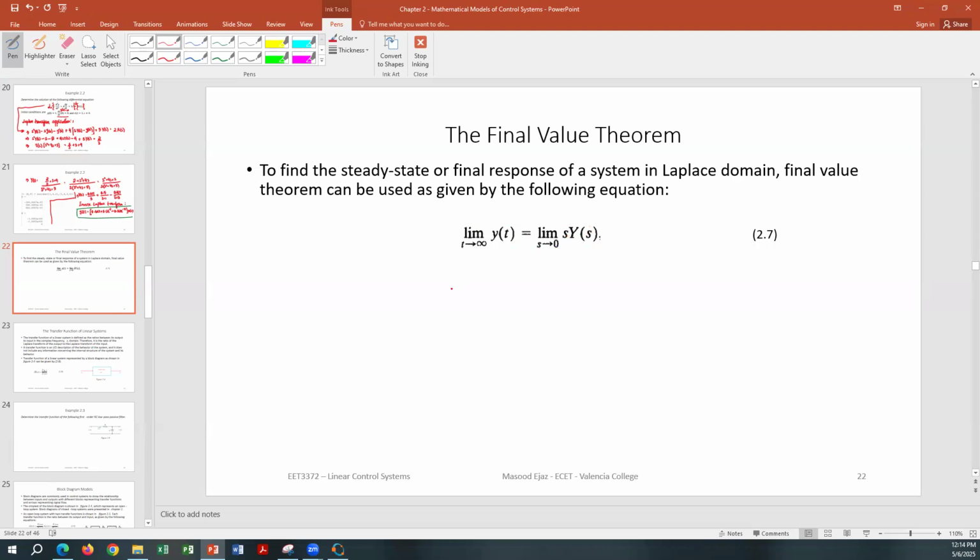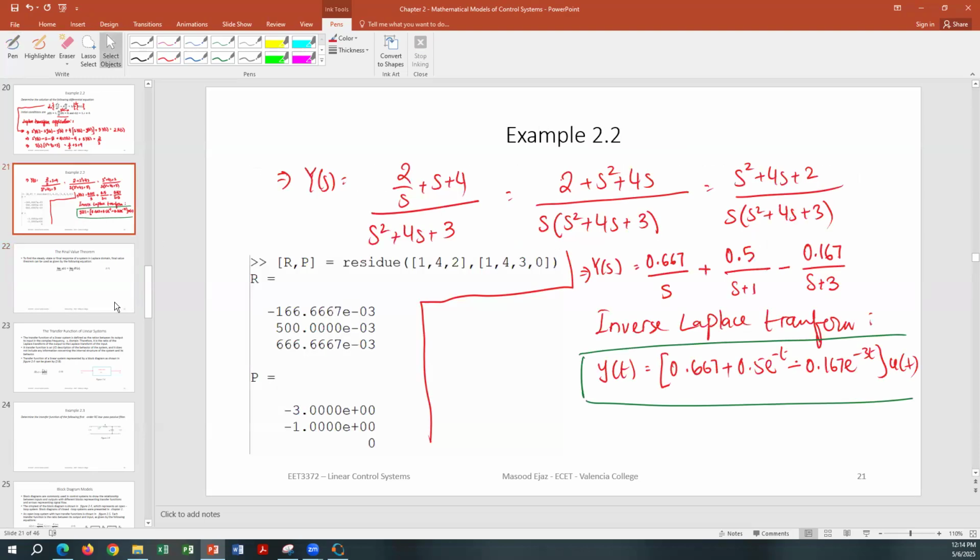So again, let's take the example of this. For this, what will be the final value in the time domain? You can see that, right? It's going to be 0.667. That's going to be the final value. Now, if we apply the final value theorem on this,